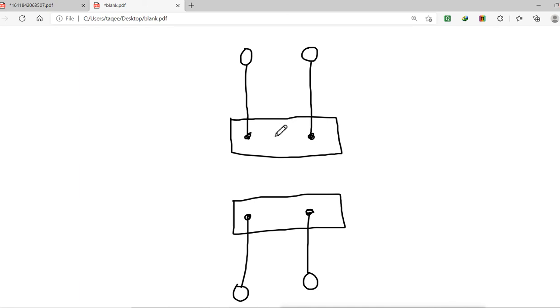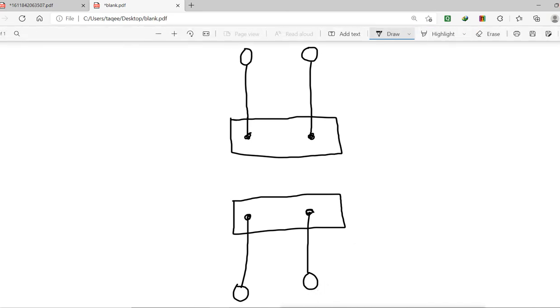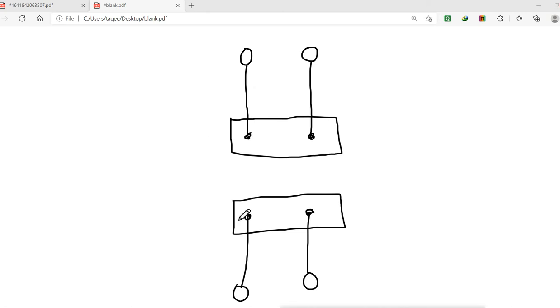So this device has 25 ports, and this one also has 25 ports. I will connect 20 devices on this switch, and 20 devices on the other switch. Now the devices of this switch are not connected to the other switch, but I want them to connect together. I am not able to add all the devices into a single switch, so I added another switch and connected the rest of the devices to it. But they are all in the same network, so I want them to communicate together.